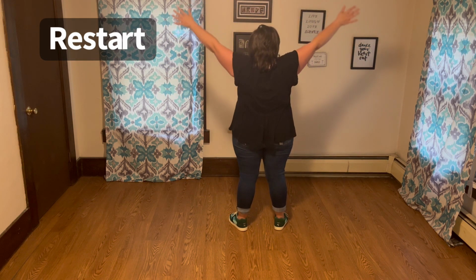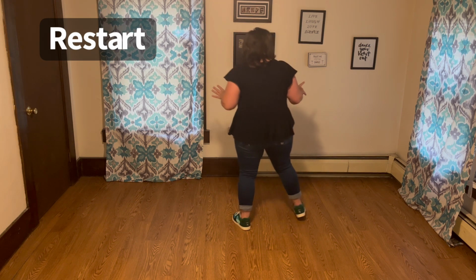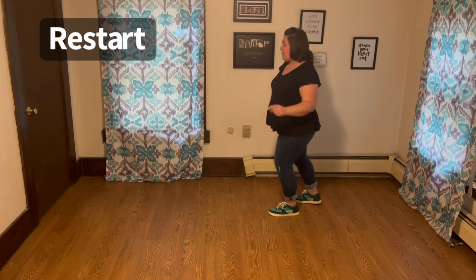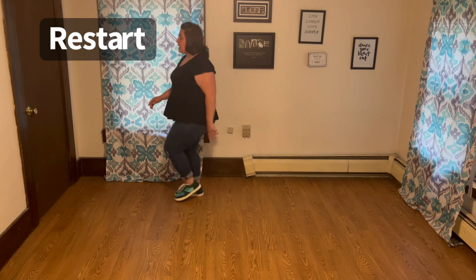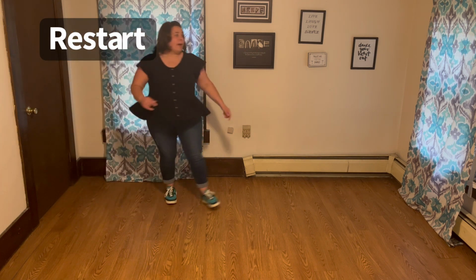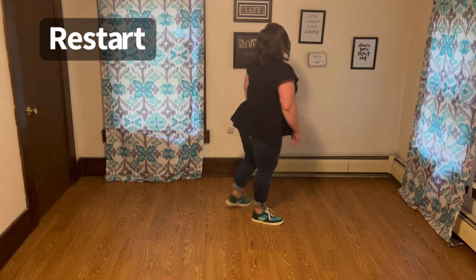4, 5, 6, 7, 8, 16 counts, side rock, quarter, sailor step, half sailor step, kick, ball, change, hop and touch, hold, hop and touch, hold, step, half pivot, half, half, restart, rock, recover, quarter, sailor step, half sailor